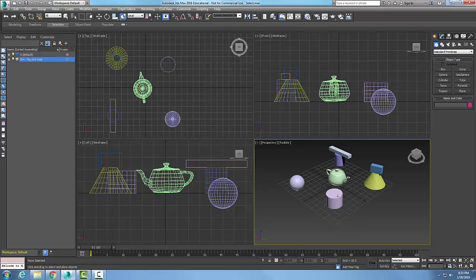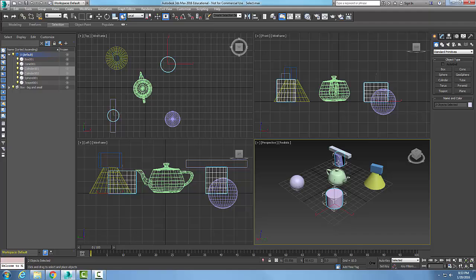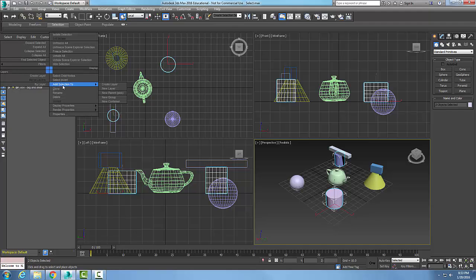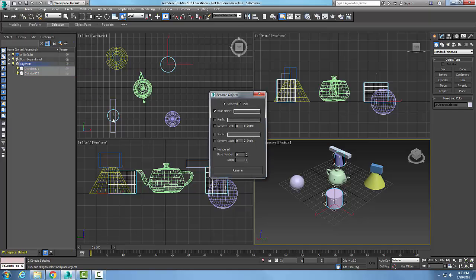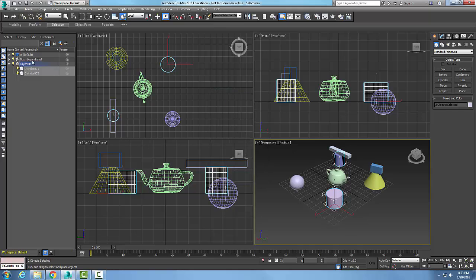So over here, I'm going to click on these two cylinders, and you can see I have the cylinders over here, and I'm going to right click and say add selection to, and I can go with create layer or new layer. I'll go with new layer, and right now it's layer 00. When I right click on that, I can rename it, and I want to click on this one and rename the layer, and I'll just call it cylinders